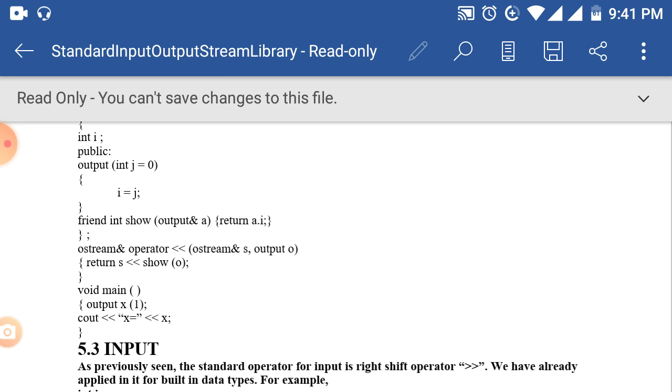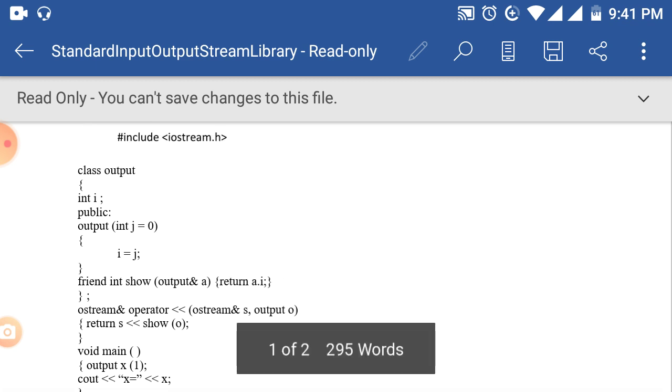Here I am overloading the left shift operator using the output stream object as well as my output class object, which will return the value of what has been thrown for the output to display on the monitor or the video. That is the object of the ostream. Through the show function, that is the friend function,